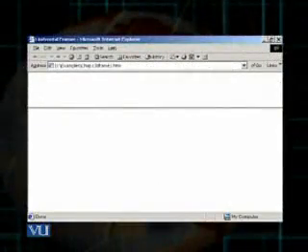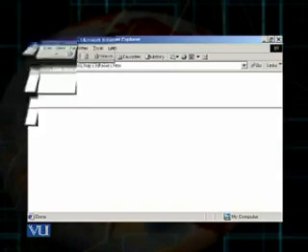So this code, when it is processed, is viewed like this. You can see that your web screen has been horizontally divided into two shells or two frames. The upper frame is 25% and the remaining portion is 75% of the web screen.